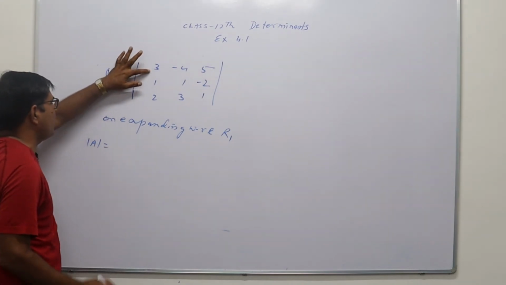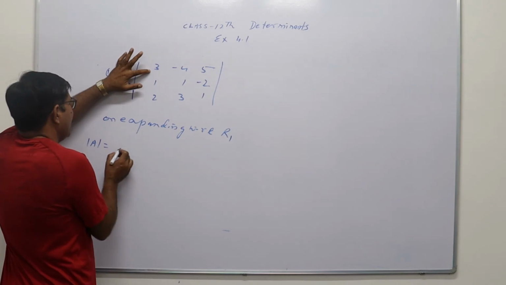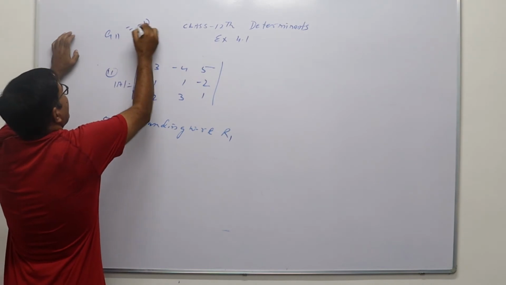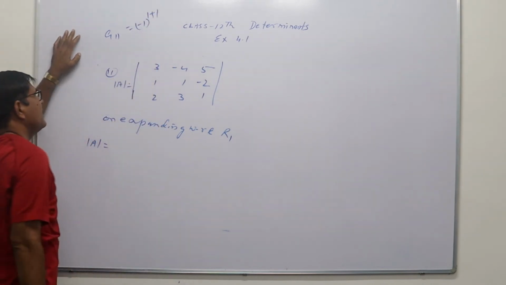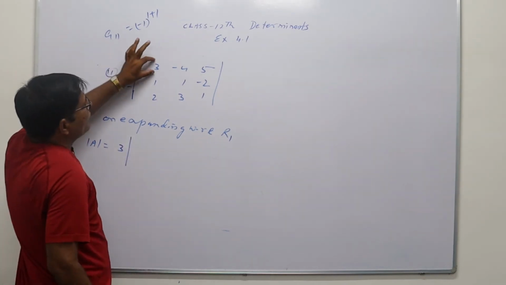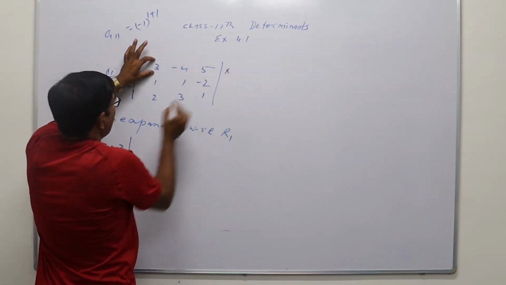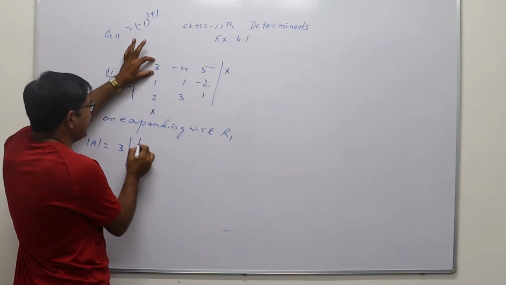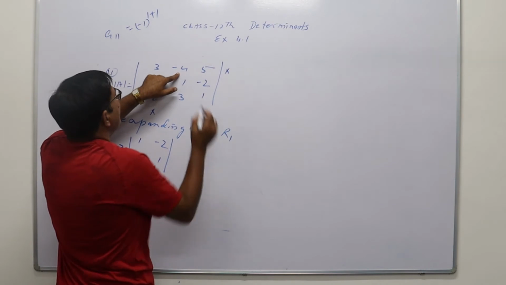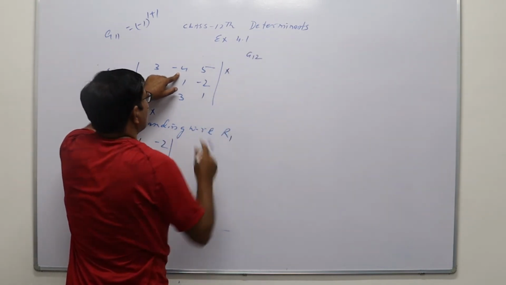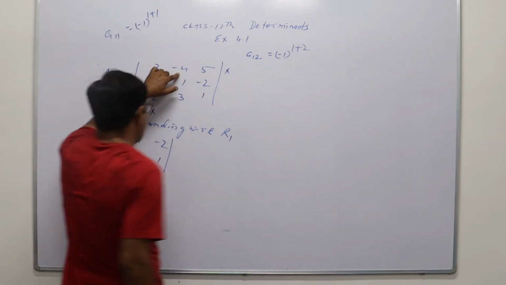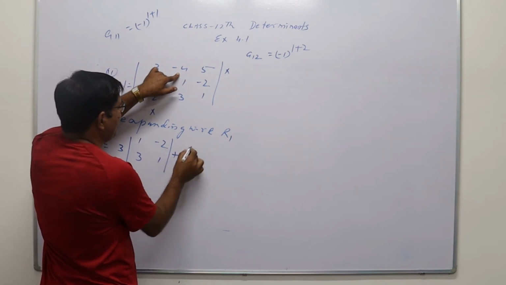Take the first element, its position is A11. So A11 इसके पहले साइन क्या आएगा? Minus 1 raised to the power 1 plus 1, that is minus 1 raised to the power even number, so plus 3 into determinant of, now 3 जिस रो और कॉलम में लाइज कर रहा, that is first row and first column को लीव करना, so remaining element का determinant 1 minus 2 3 1, then second element is minus 4 and its position is A12, so इसके पहले minus sign आएगा because minus 1 raised to the power 1 plus 2, that is odd number, so minus of minus 4, that will be plus 4.